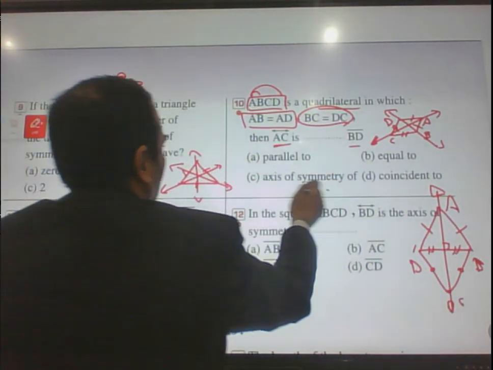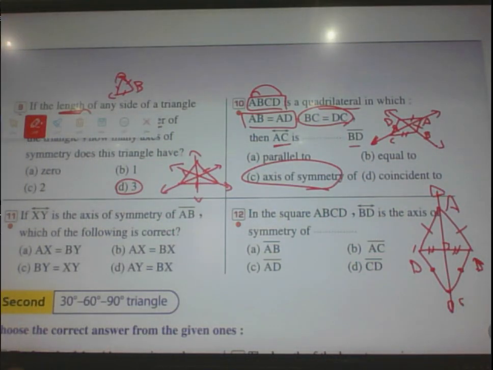So axis of symmetry. Next question here. XY is